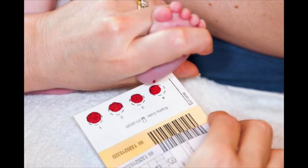And if I show you this little picture here, you can see this picture of this little baby. It's just a tiny little spot of blood we get. It looks like there's lots of blood there, but actually, it's really absorbent paper. So a little drop of blood goes quite a long way on that little collection pad. So that screening, as I said, the little blood spot is taken on day 5,